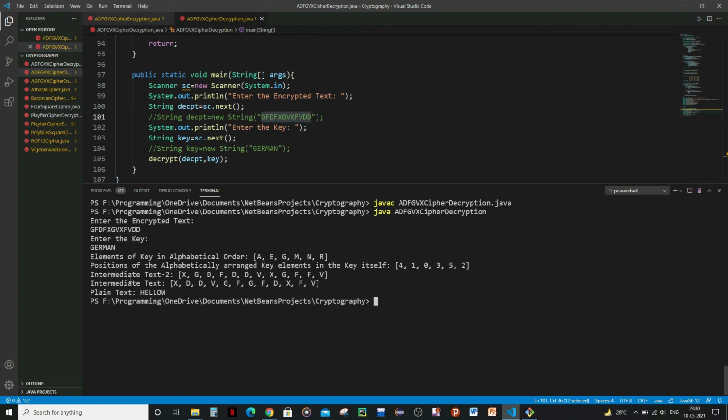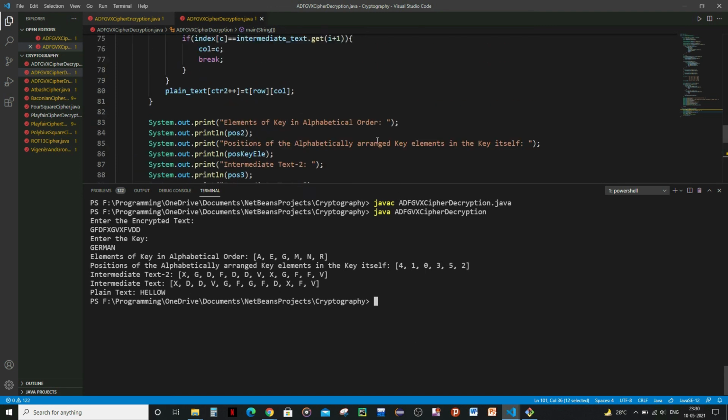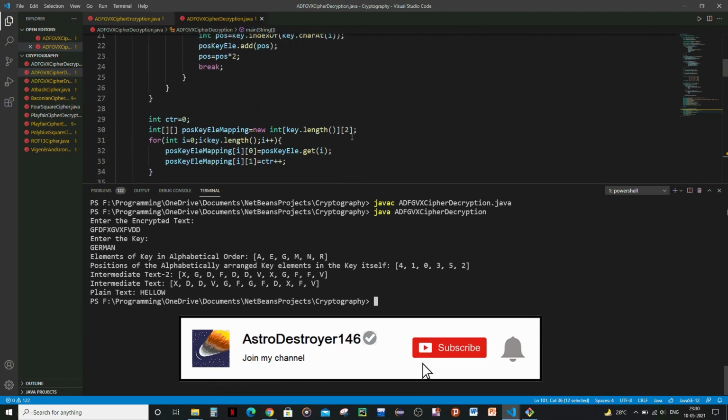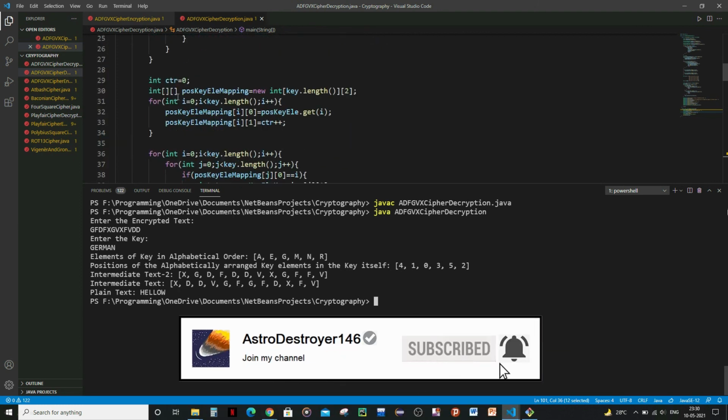And then the intermediate text 2. It is basically the text which we will get after performing the code snippet which I described here. This one.